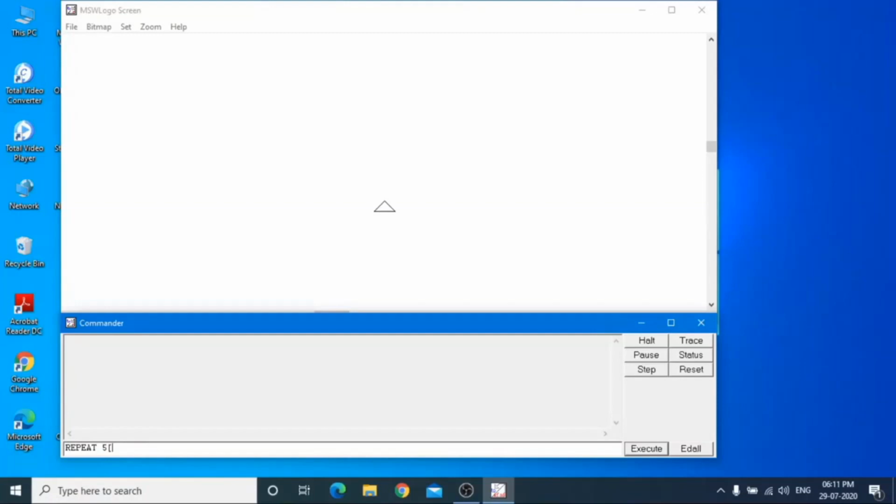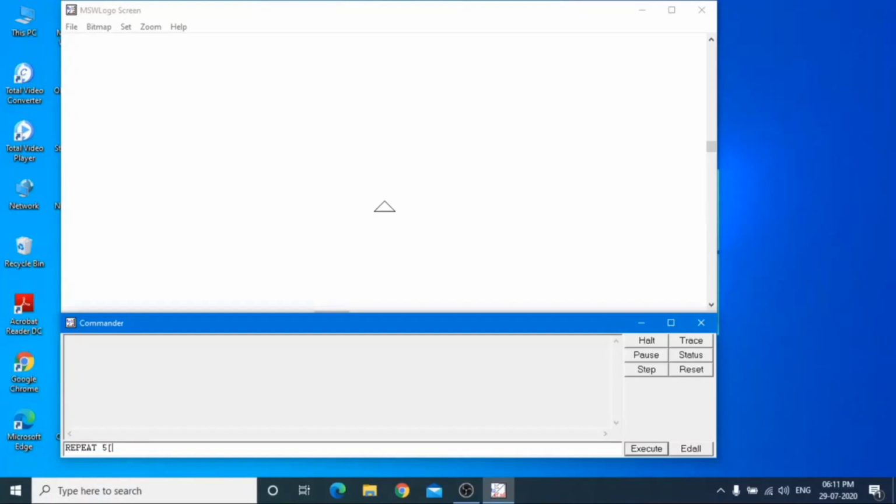Now clear the screen and clear the text. Now you can try the hexagon also. Repeat space, how many sides? 6, and then square bracket, FD 200, RT 360 divided by how many sides? 6, and close this bracket and execute it.